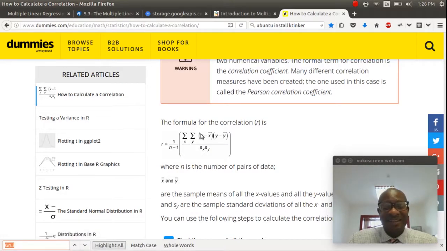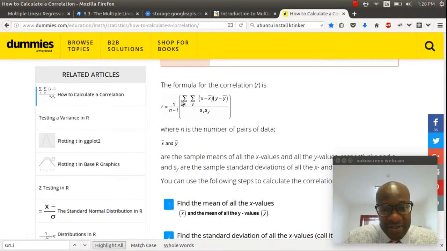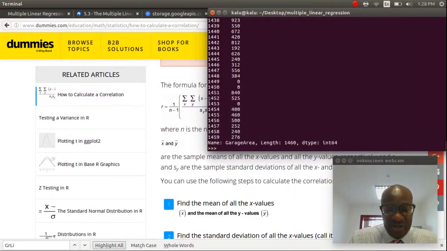This gives us the nice little equation for calculating a correlation. You can see we just need to get the sum. This here just means sum, the sum of each of these observed data. We're going to take the observed data and subtract the average of the independent variable. So if our x is living area, for each observation, we're going to take that observed data and subtract the average ground area, which we know is area.mean, which we know is